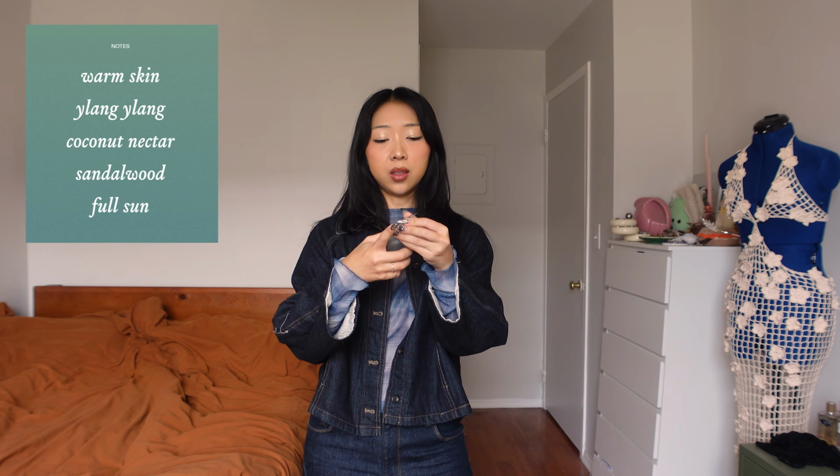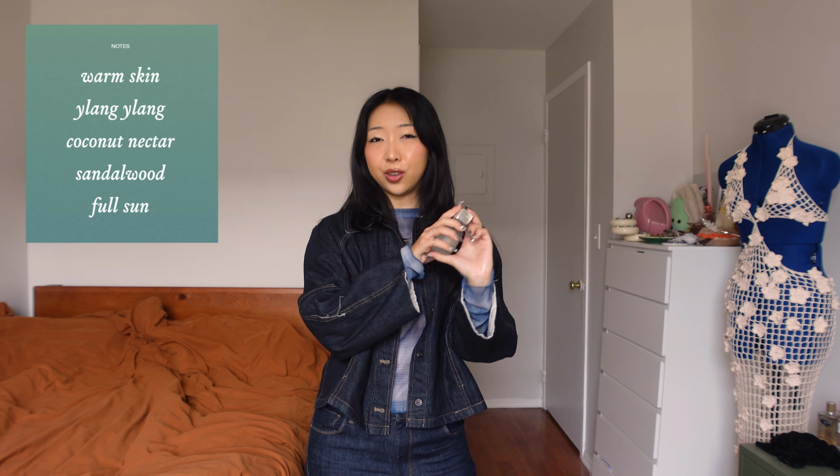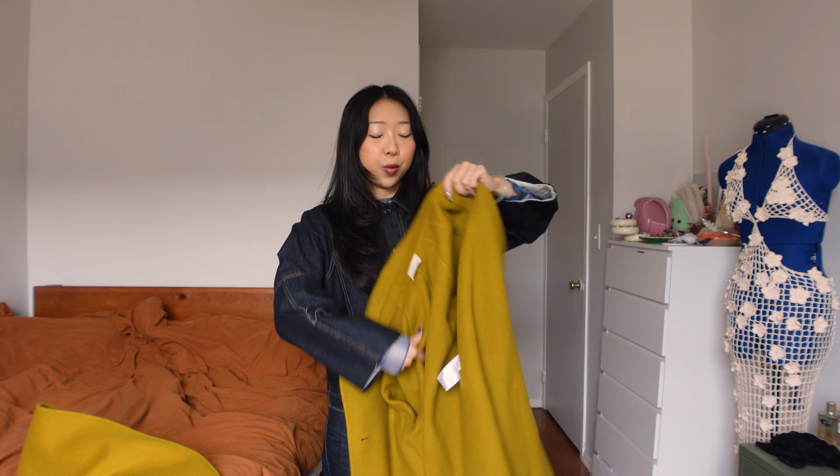So I always like my bottom layer to literally be a t-shirt, a tank top, something that isn't insanely warm. Y'all know I love to match my scent to my outfit. This is Sublimity from Lore. I've talked about this perfume brand before. I love their packaging and their scents are so unique. This might be my favorite one that they sent me. I'll put the notes on screen in case you're curious. But over this, I really want to wear